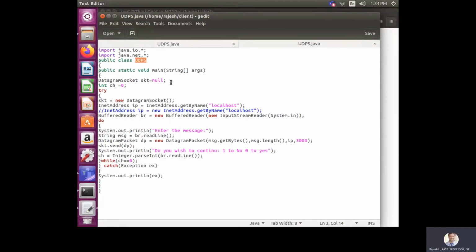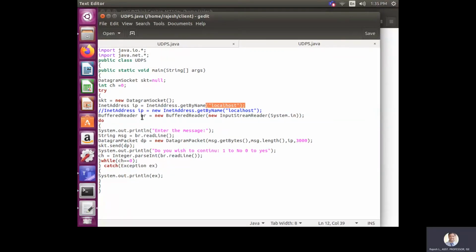DatagramSocket is initially null. One variable I am going to create is ch equals 0. Do I need to type some more text on the server side or not? For that purpose, I am declaring ch. Try socket = new DatagramSocket. So create one socket. Now I need to associate this with the IP: ip = InetAddress.getByName("localhost"). The localhost address is usually 127.0.0.1.